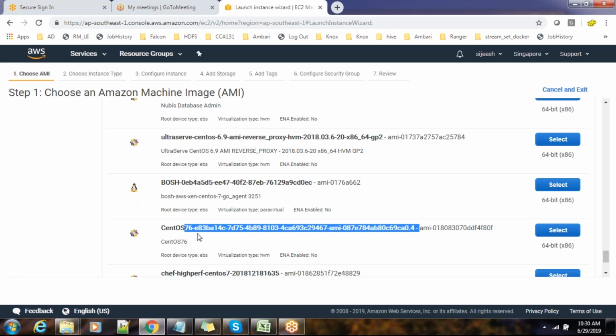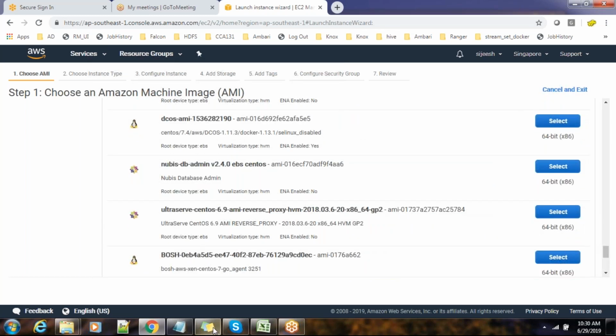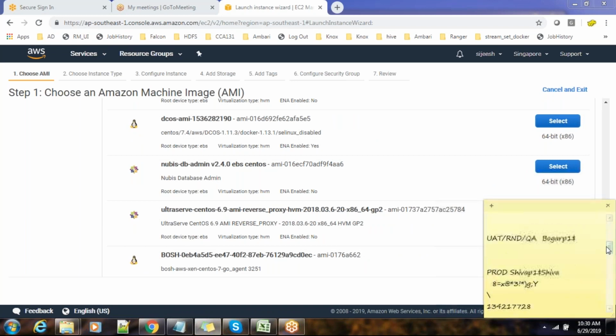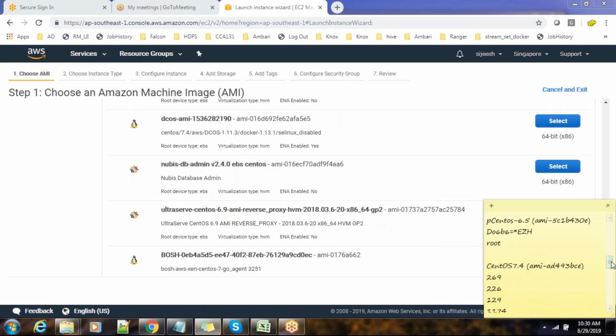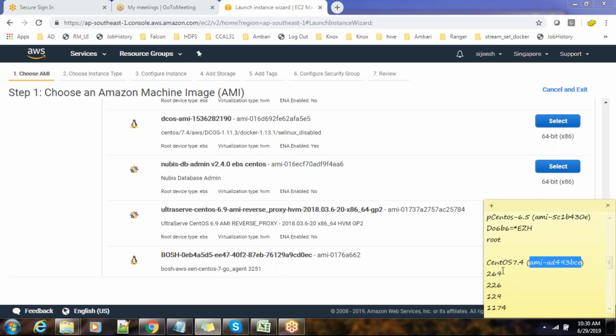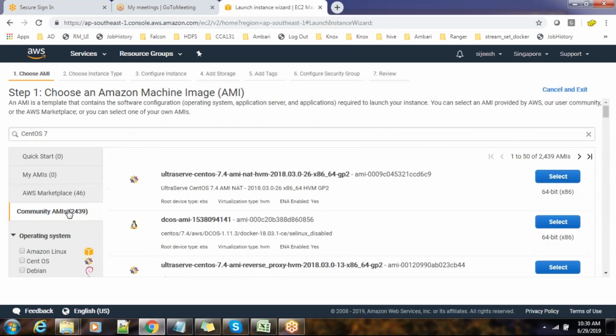So you can choose any one of the images and see how it behaves. What is the partition? Some VM images have LVM, some don't. If LVM is there, we can easily expand. What I have done here is choose one AMI ID. This is the one I used some time back, and I felt it was comfortable because it has a proper disk size and proper partition, everything. But that is not my own ID, it is from the community AMI.